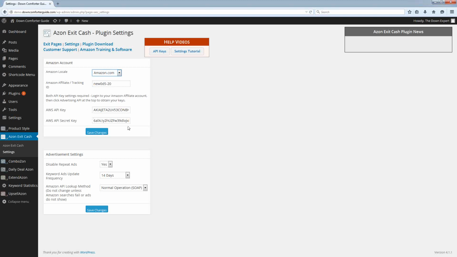Now, I do have a separate training video on obtaining these API keys. If you have any problems getting this plugin to work in terms of searching for Amazon products or retrieving information for the Amazon product ads, if it's just not working, if you're getting an invalid search request, chances are the problem is likely with your API keys. And I would recommend taking a look at the separate API keys video for detailed instructions on exactly how to